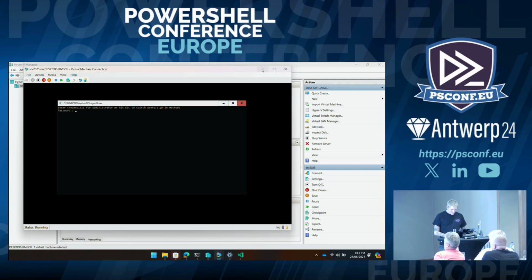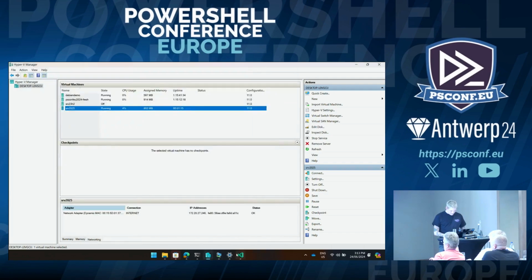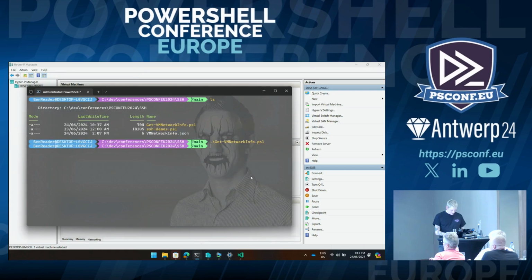Okay, so this is all good. I'm going to connect in slightly differently. I'm going to Enter-PSSession, PSConfEU fresh. So what I'm doing here is I'm using PSSession, but I'm just essentially connecting directly into the Hyper-V environment. Because this is running on my hypervisor, I can use Enter-PSSession to just interact with this and not worry about RDP or any of that nonsense. It just tunnels straight in. So I'm going to put this in, administrator. If I can, nope.